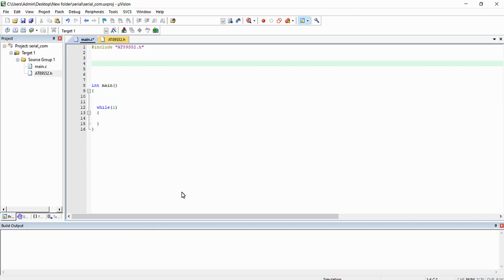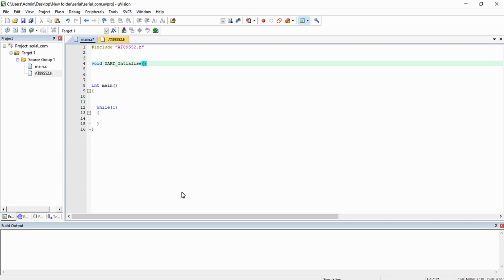The two major operations that we are going to do in UART communication are transmission and reception. Before that, we are going to initialize the UART communication. So we are going to write three different functions. The first one is the initialization function for UART communication, the second one is the transmission function, which is useful for transmitting data over UART communication, and the third function is the receiving function, which is useful for receiving a byte of data in serial communication. So I'm going to write the initialization function, void UART